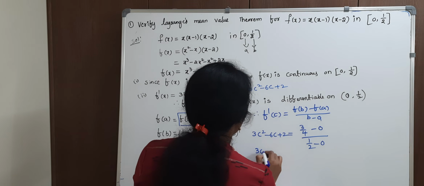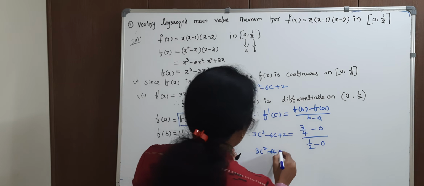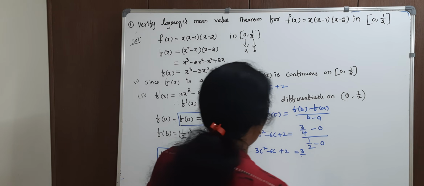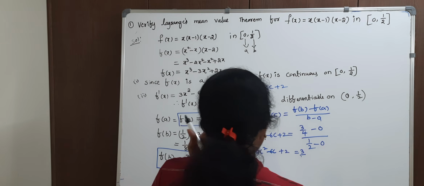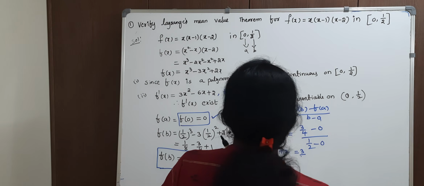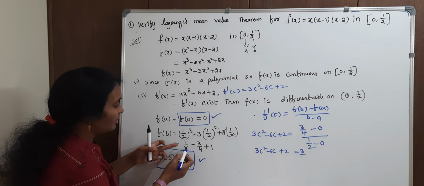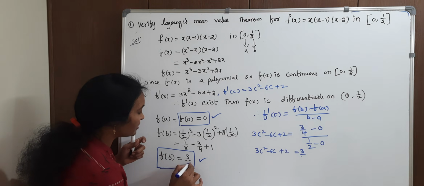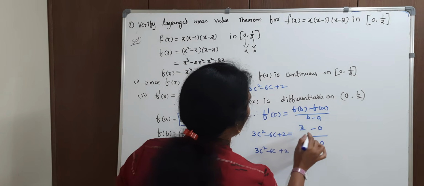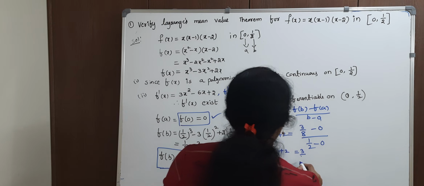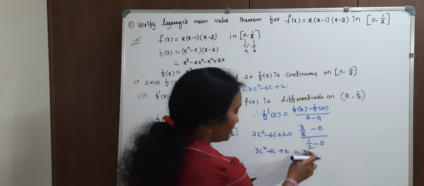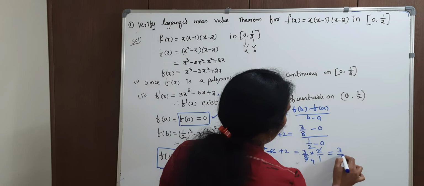We'll get 3c square minus 6c plus 2 is equal to 3 by, I think this is 3 by 8, no, 3 by 4. One second, we'll check it here once. Oh, in the numerator 8, this is 1 minus 3 plus 7. This is 3 by 8, sorry. Now this is 3 by 8, okay. After simplification, this is 0, right? Numerator 3 by 8. This fraction will become, reversing order, 2 by 1, 2 1s are 2, 4s are 4. This is 3 by 4.